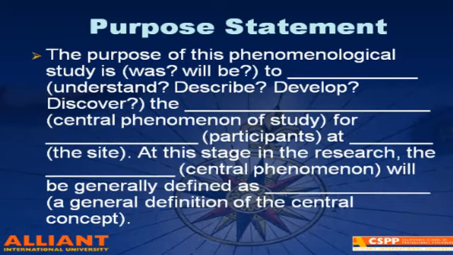Okay, the purpose of this grounded theory study will be to, I don't know, pick one. Understand the opinions and beliefs of child custody evaluators across the United States. Okay, so you could just stop there. So you're not limiting it to Southern California or whatever. How many participants are you going for? About 10 participants. At this stage in the research,